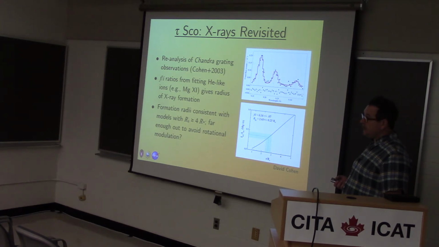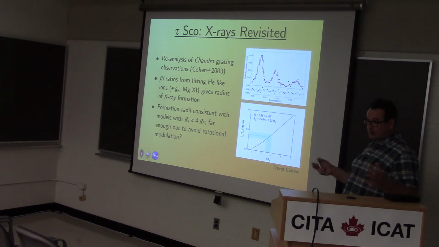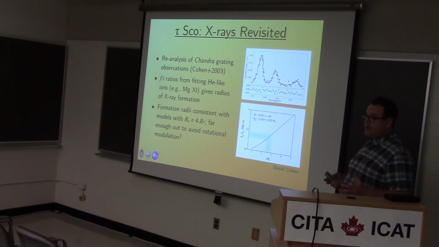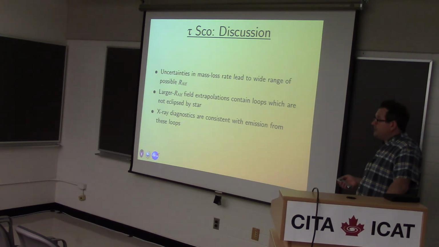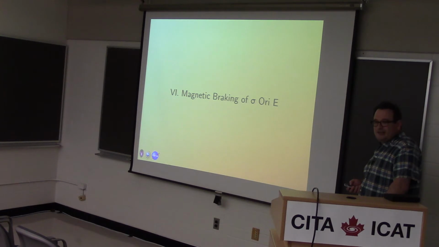So it does indeed look like the problem with the original Telesco field reconstructions was that the source surface was put too close to the star, and basically the magnetosphere was constrained to only have very, very small loops, whereas in fact the loops are somewhat bigger, consistent with a lower mass loss rate. So it looks as though the puzzle of Telesco has largely been solved. Let's get on to the final bit, magnetic braking in sigma ReE.